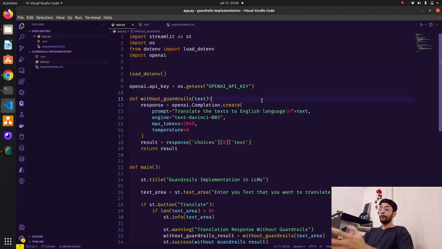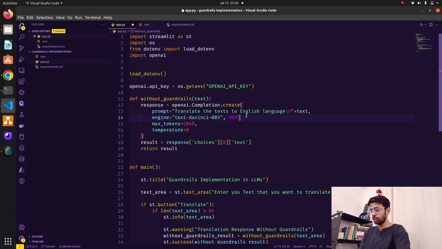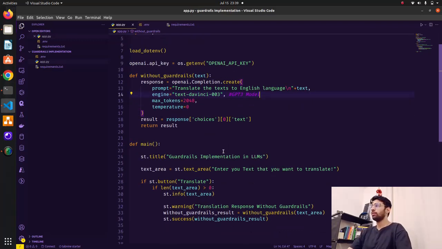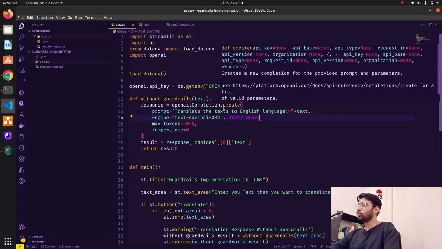Now this is with the GPT-3 model. You can see here we have a GPT-3 model, and it's not that I'll not say that it's the task to also validate the response. For that we need to control the output that we are getting, and that's why we need a guardrail. So let's now write the code snippet for the guardrail, guys.